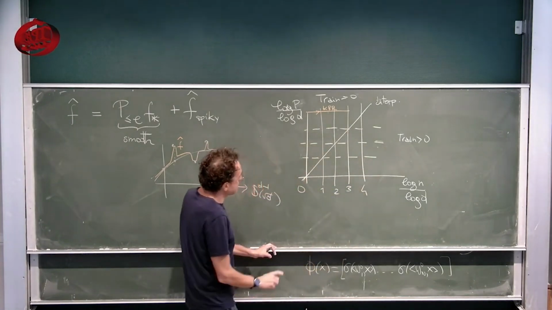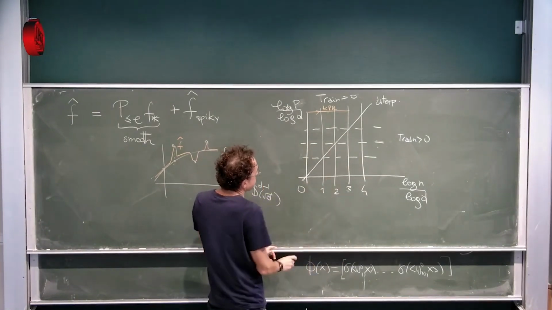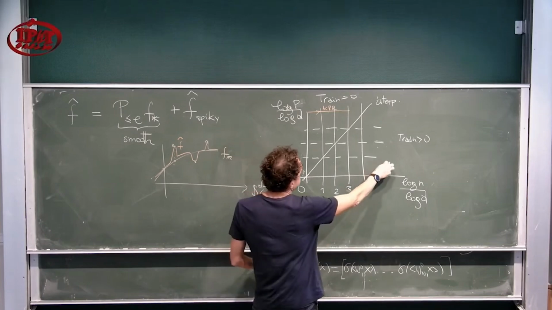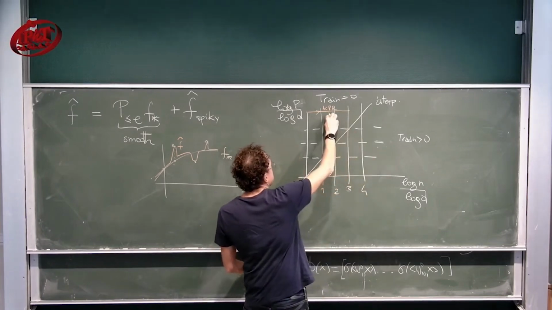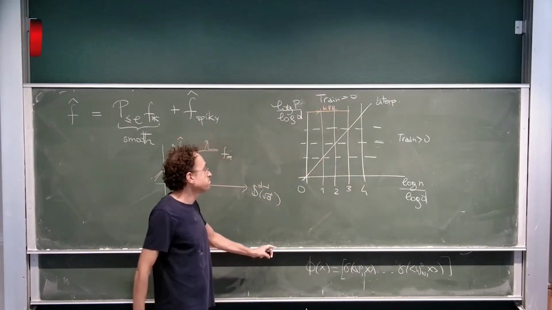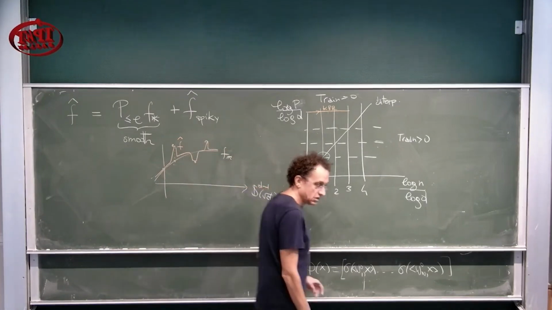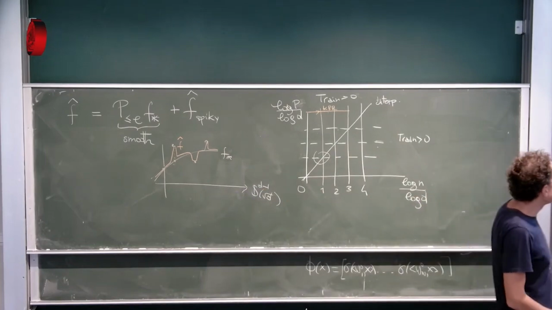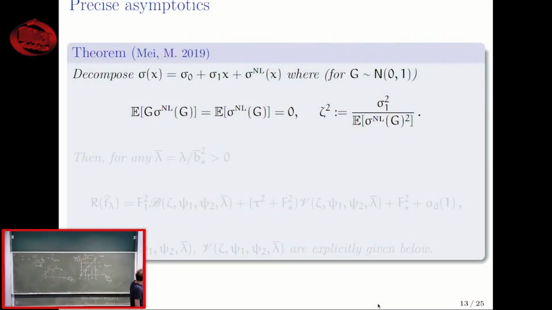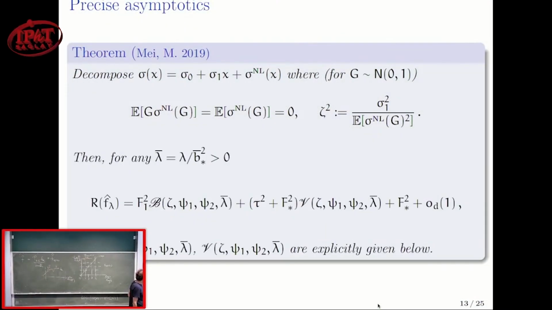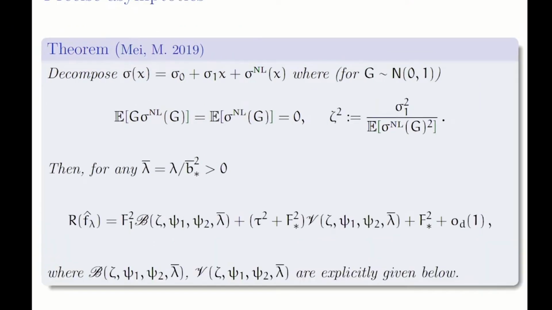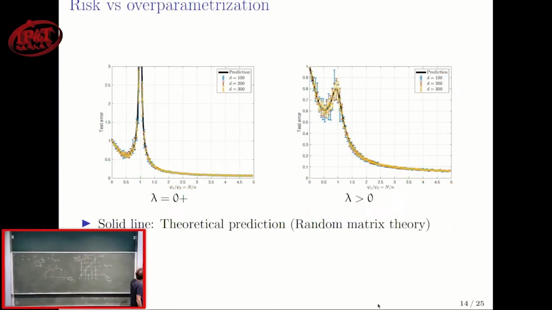Namely, if I fix the sample size and increase the number of parameters, so here I am limited by the number of parameters, and here I am limited by the sample. So this result concerns basically this window down here. And in this limit we can get exactly the risk. I'm not writing the formula, precisely in this window, and this is the behavior that you get.